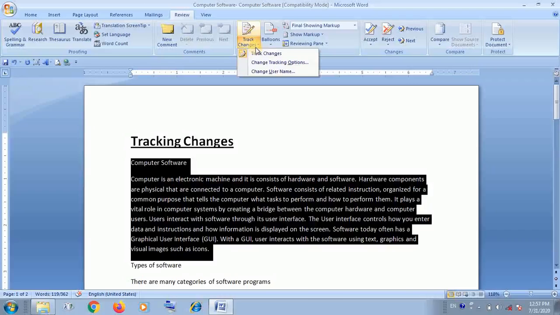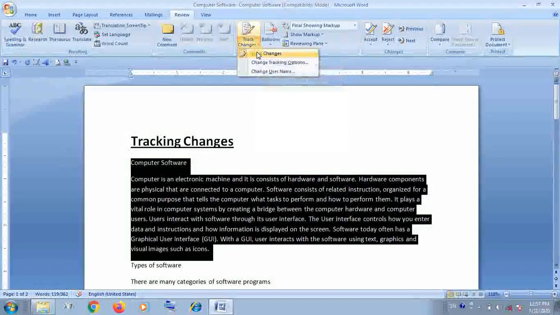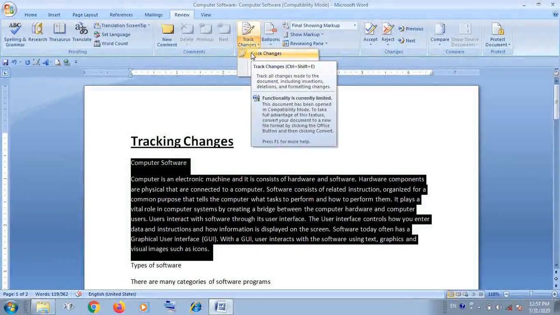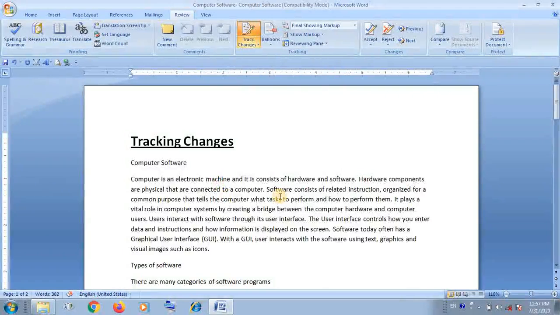And if you format anything, that also will be highlighted by the option. See here how it will be applied, and how you can identify which is deleted, which is formatted, and which is inserted new. Clear?